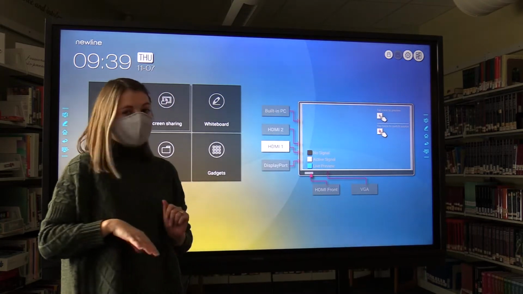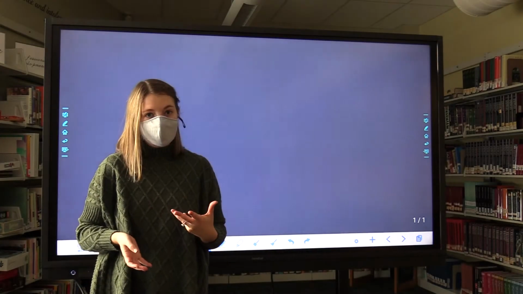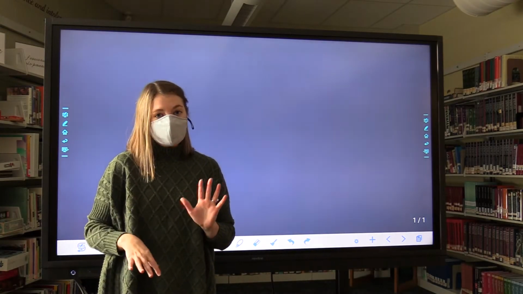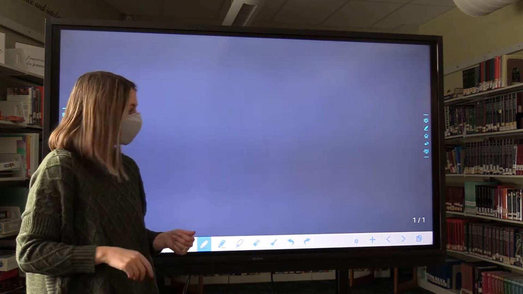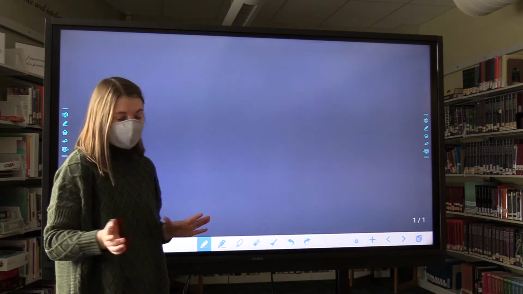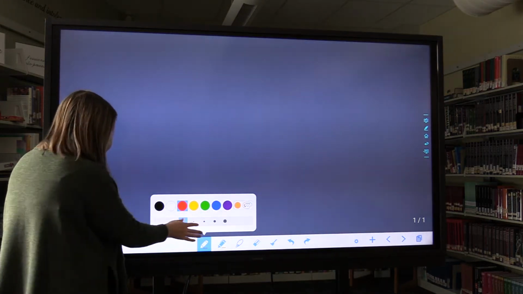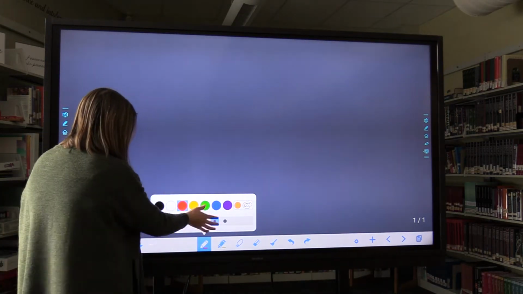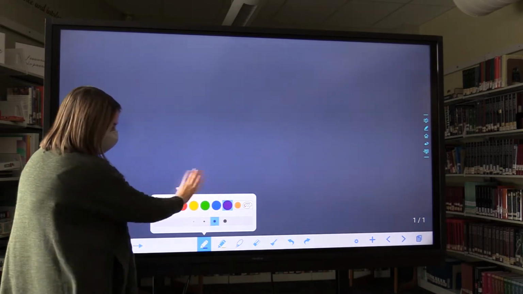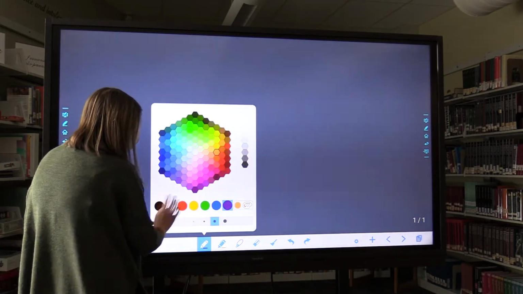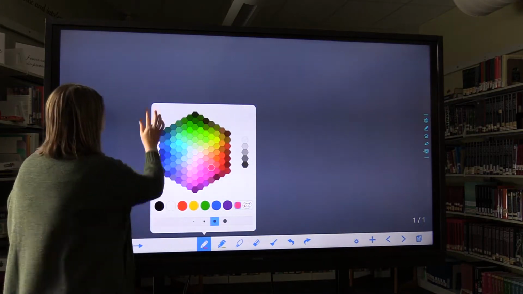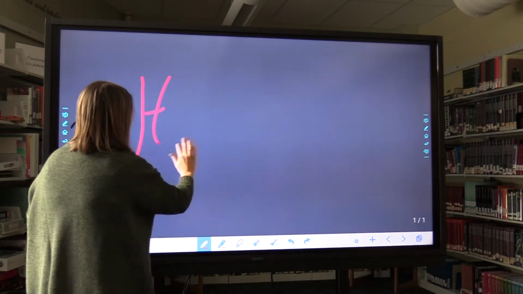It might take a second for it to load up, but once it does, you're going to have this blank screen that you can draw and move different things around. The first thing that I would do is hit the pen tool, and you can change it to different colors and different sizes. If you want a color that's not on this menu, you can use the palette and pick any color that you want. And then all you have to do is use your finger